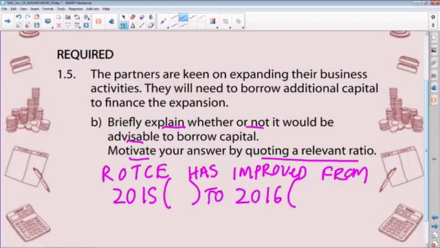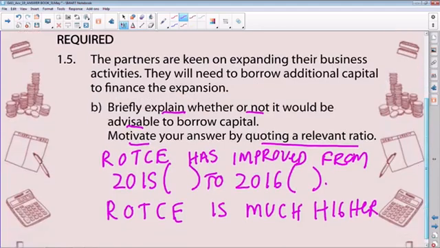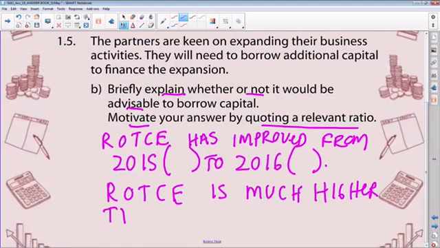So in brackets, our ratio in 2016, we're obviously quoting. The return on total capital employed is much higher or significantly higher than the interest rate